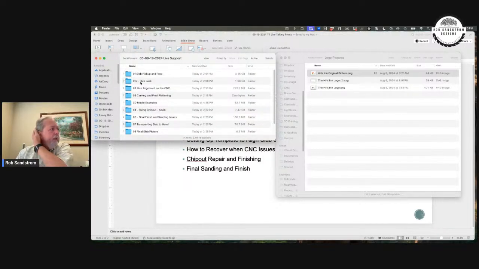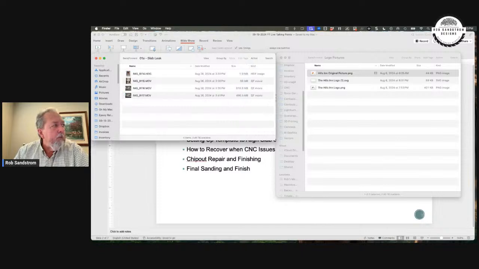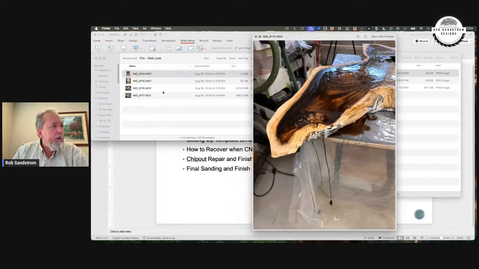So I did that, and we got that all cleaned up, and then I went ahead and I poured the epoxy in the back. But sure enough, if you watch my epoxy videos, what's the one thing I'm always concerned about? And that is this here, right? Can you see this? I had the plastic down in case there was a leak, and I was prepared for a leak, but